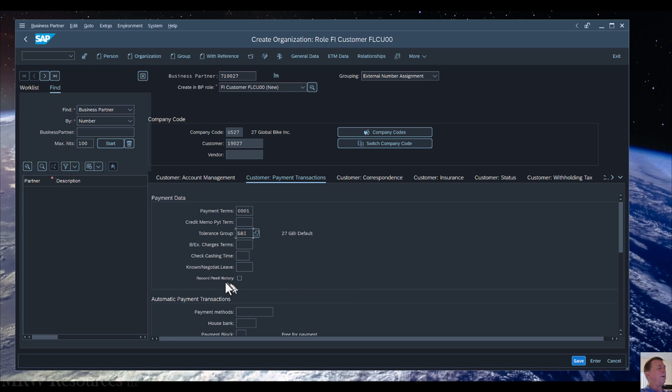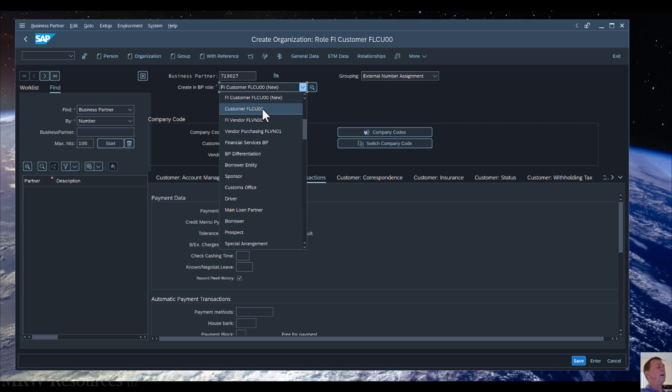And we want to turn this checkbox on where we ask SAP to record the payment history. So at this point, we're done with everything we needed in this BP role. And what we're going to do now is move right to the next role that we want to work on. And that's going to be customer FLC